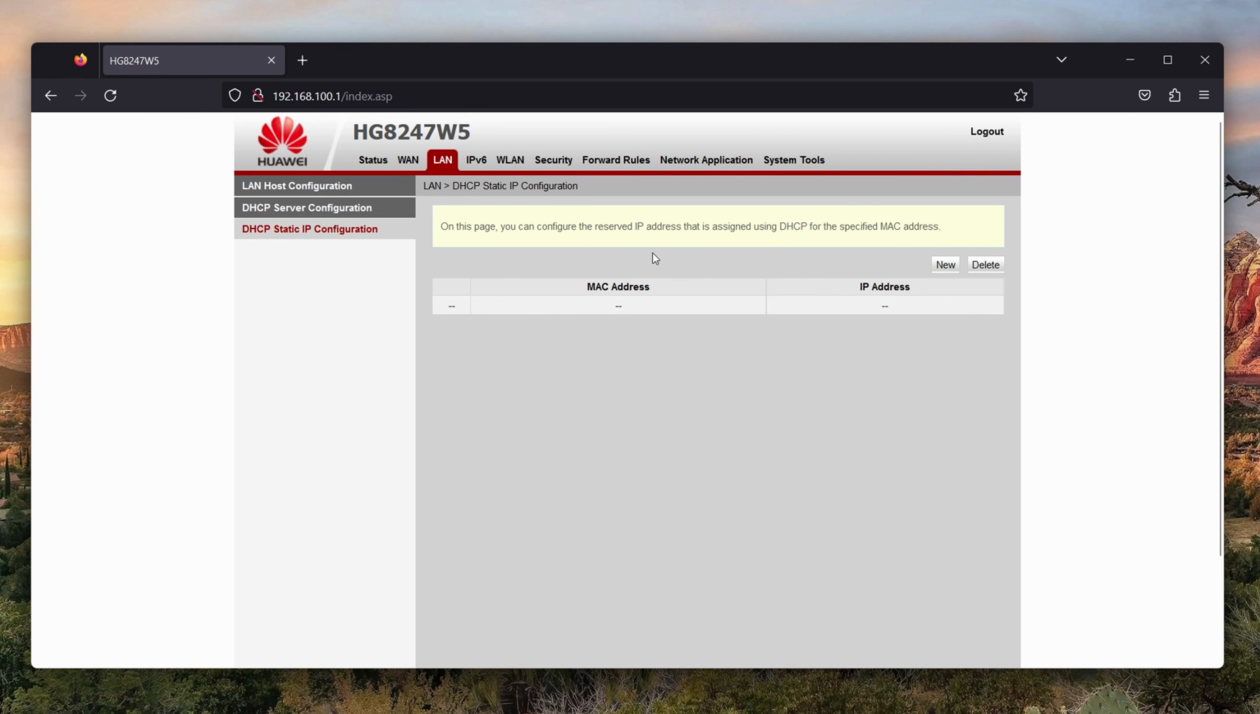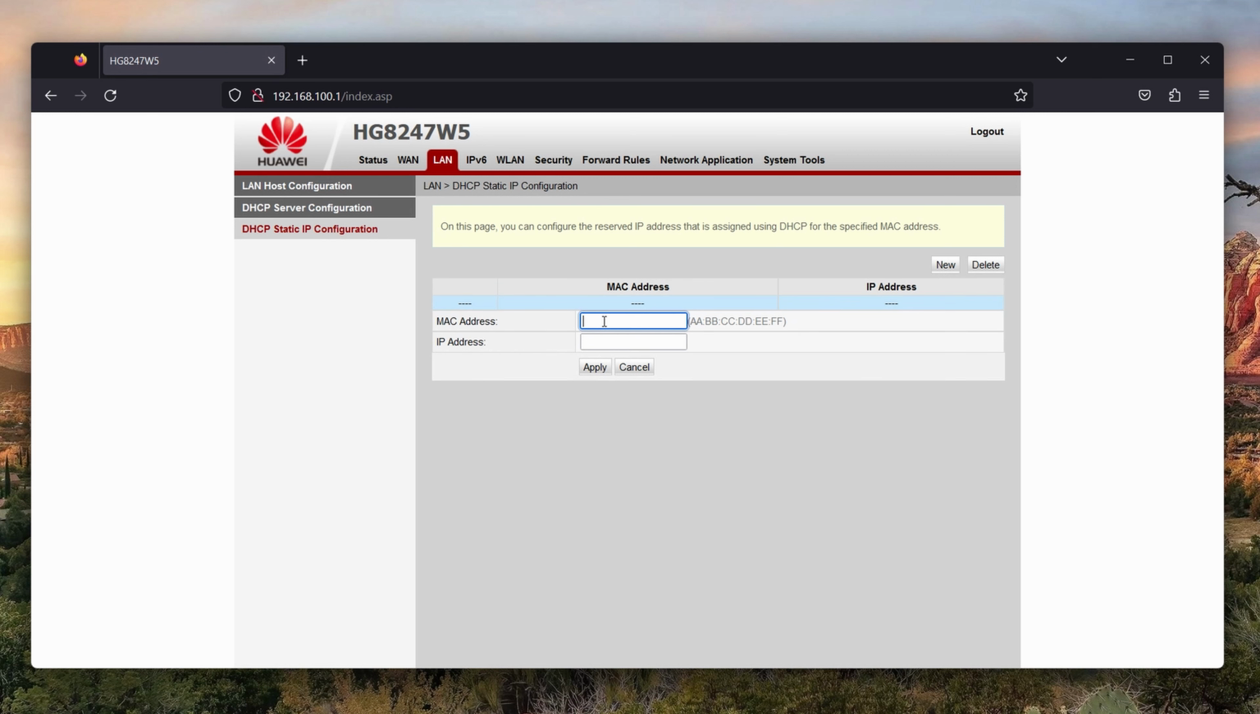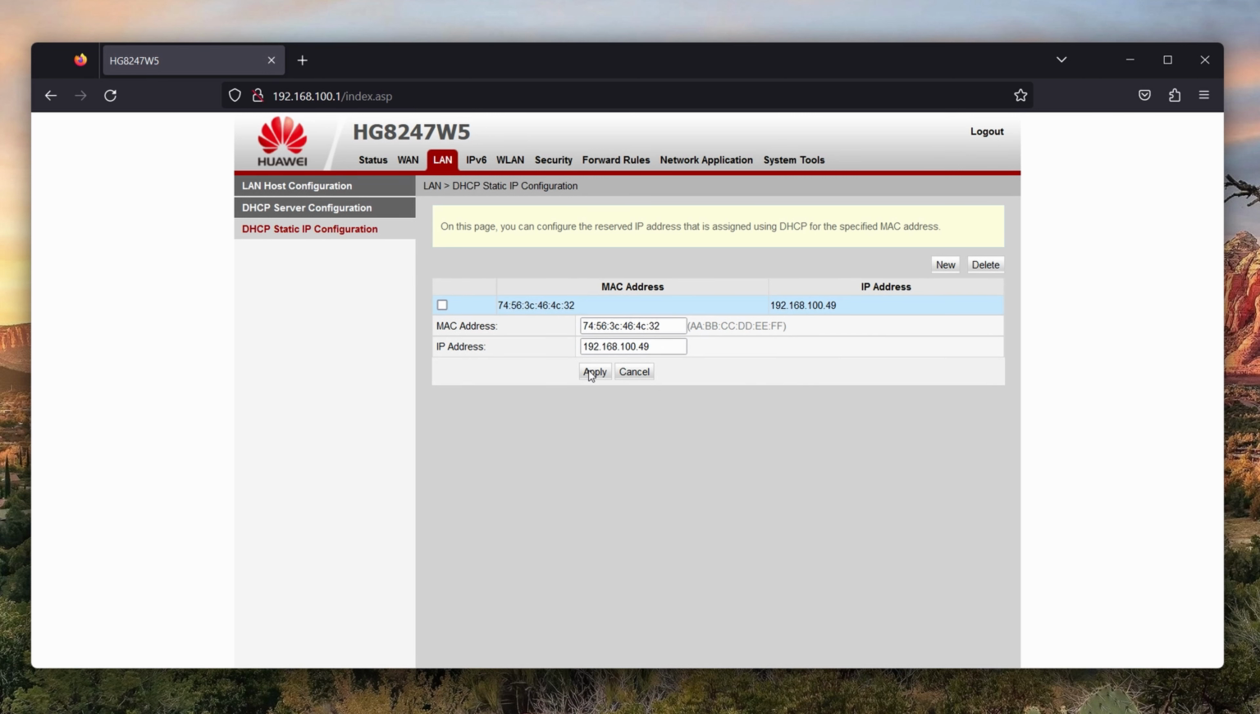Here you will be able to add a new IP address and MAC address, so you can get a fixed IP for your desktop computer every time. Just click Add New. Here put in your MAC address, the IP address that you wish to have. We'll input our desktop address. Click Apply. And now it's saved. So each time the